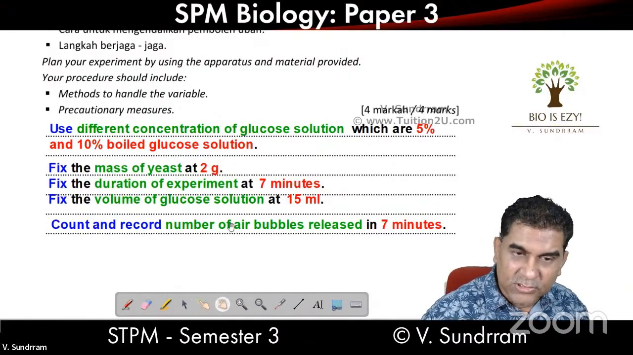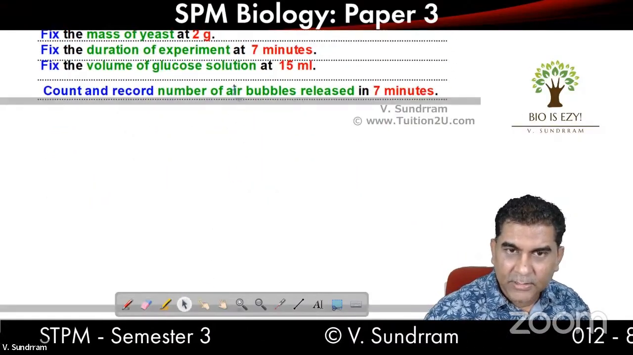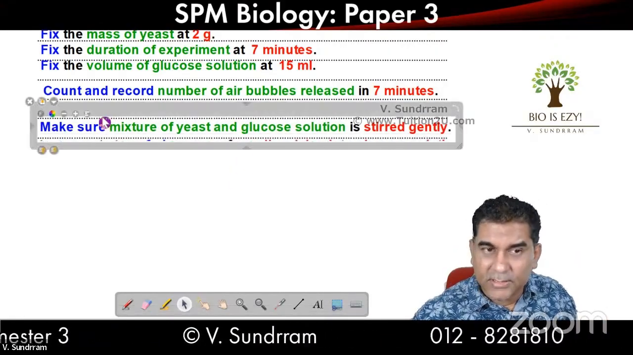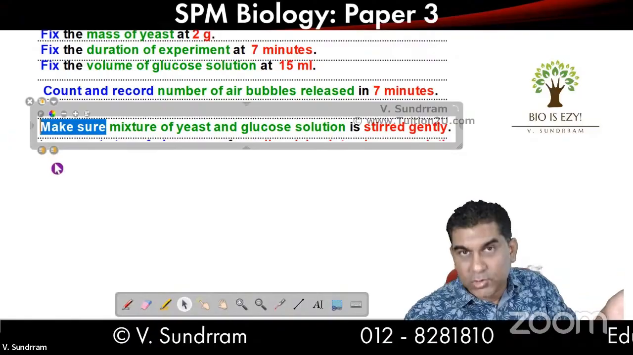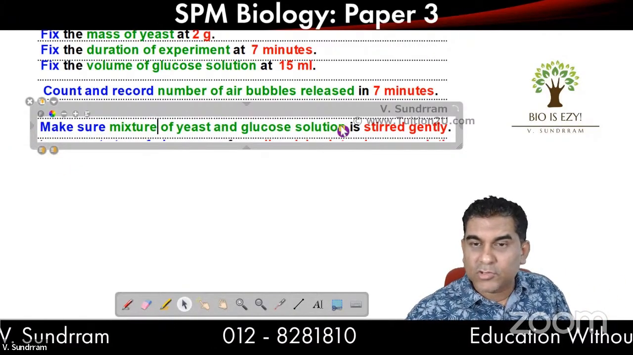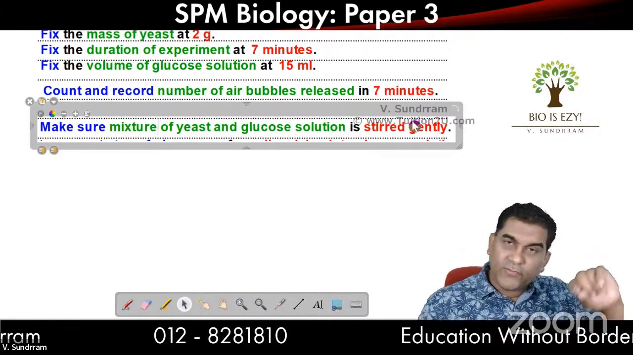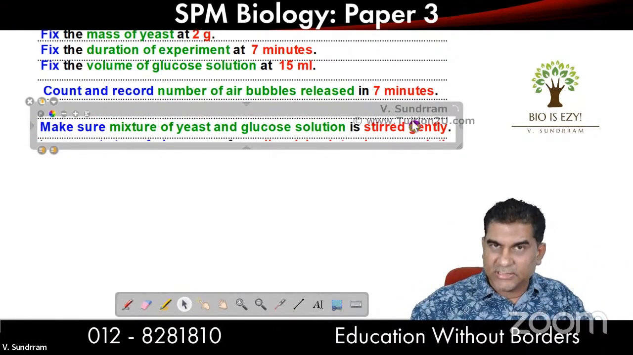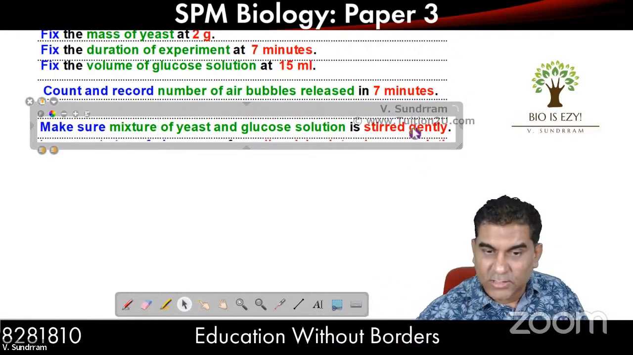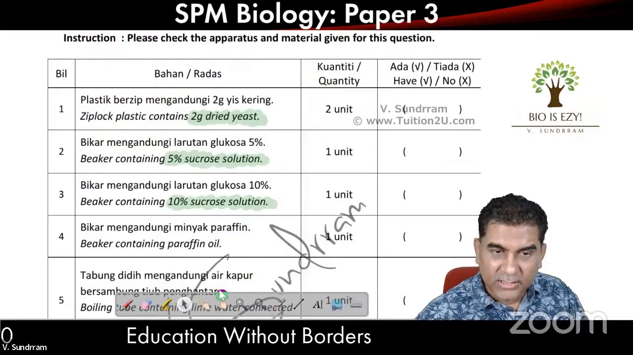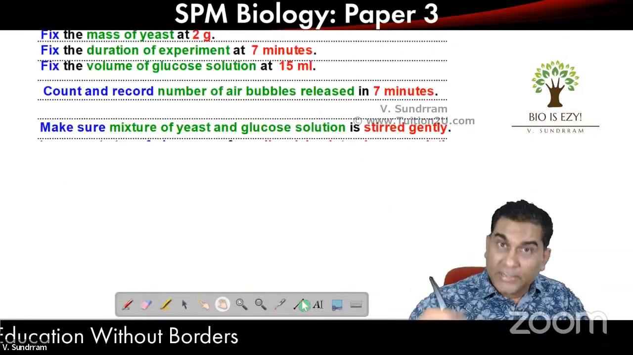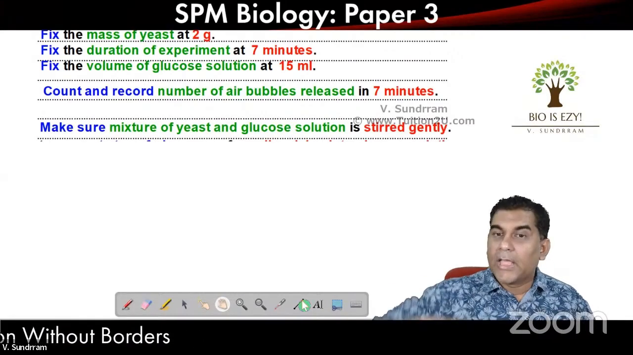The first precautionary measure that we are going to explain: make sure is not a keyword, but the term that you must have. Make sure the mixture of yeast and glucose solution is stirred gently. When you first mix the glucose and the yeast, to make sure they mix evenly, you're supposed to stir it with a glass rod. That's why they've given you a glass rod in the list here. So glass rod is given basically for you to mix the yeast and the glucose solution. But you have to stir it